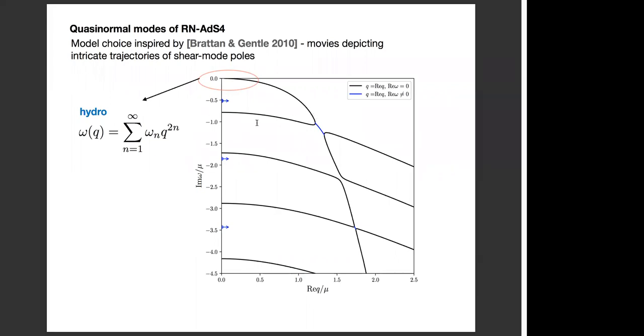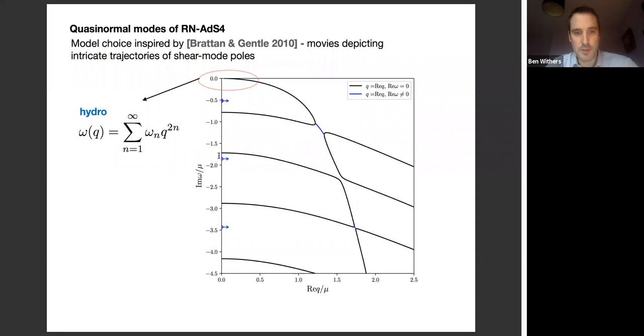But then, of course, you have all of this other stuff going on. You have all of these other transient modes, these non-hydrodynamic quasi-normal modes, which appear with imaginary parts for their frequencies as Q goes to 0. So what distinguishes these from this is that as Q goes to 0, these have a non-zero value, and this goes to 0 as Q goes to 0. And so then, obviously, lots of interesting things happen. So there's this classic sort of mode collision happening here. As you increase the real part of Q, they collide with each other.